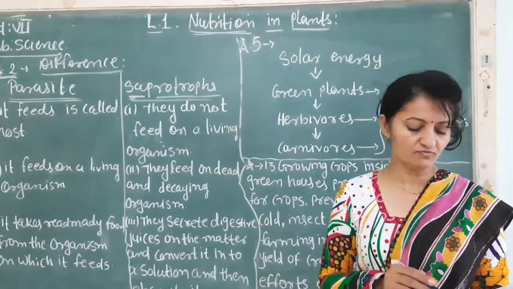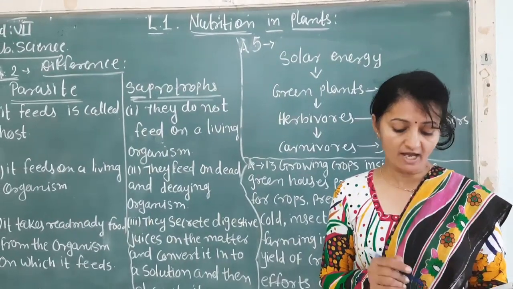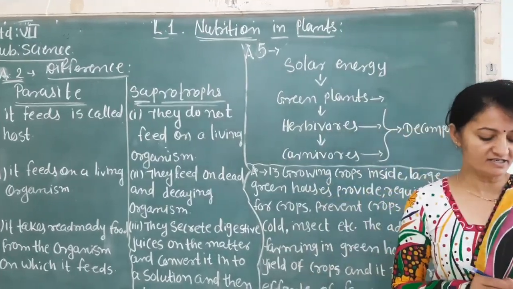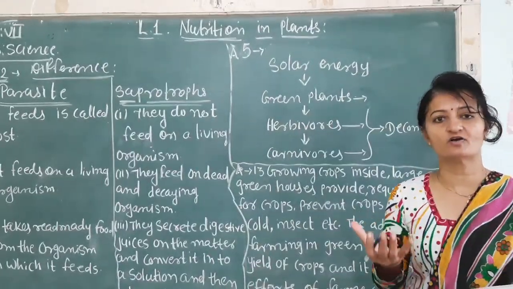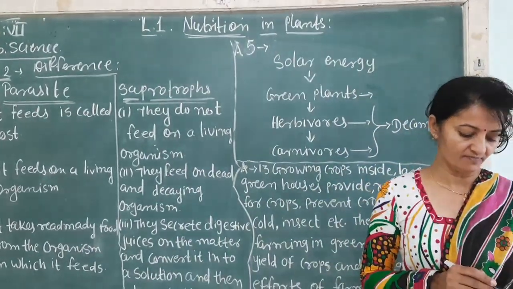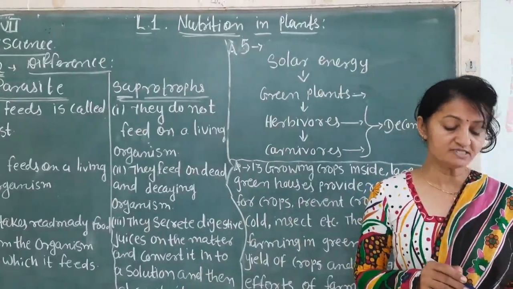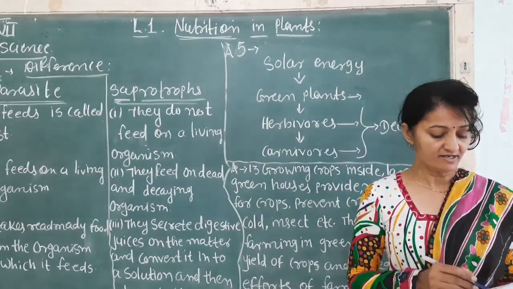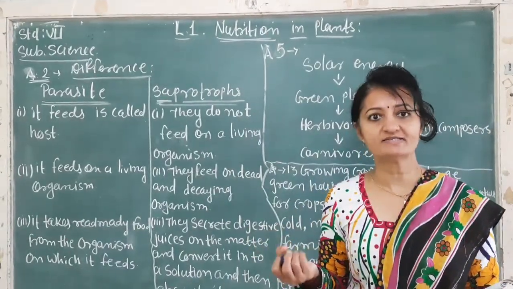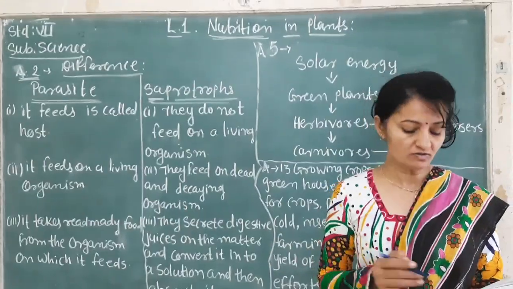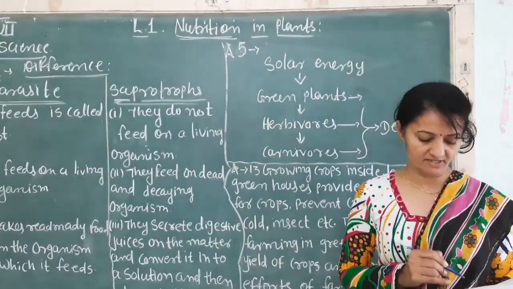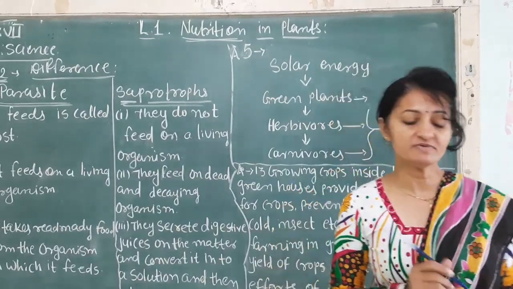Now next, in photosynthesis, solar energy is absorbed by the pigment called dash. The answer is chlorophyll, because the chlorophyll absorbs the sunlight and then prepares the food. Now question D: during photosynthesis, plants take dash and release dash gas. You know that carbon dioxide is absorbed by the plants and they release oxygen. So the answer is carbon dioxide, and next blank is oxygen. Clear?